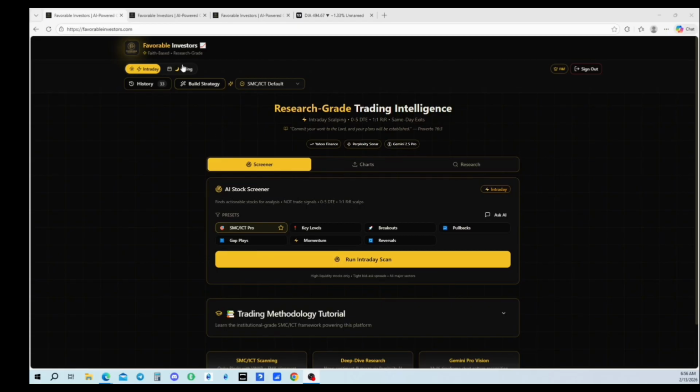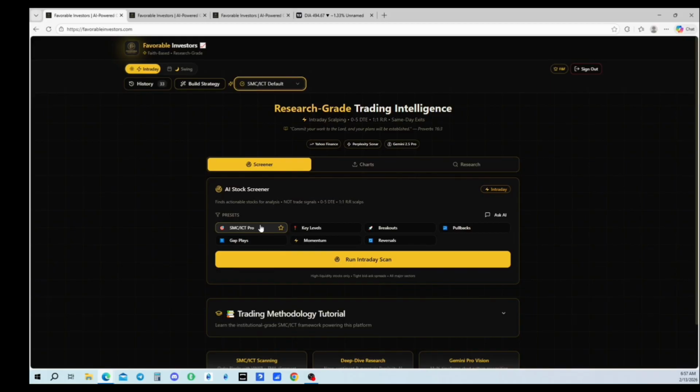Now, the reason why this is so powerful is because a lot of traders, whether you're a beginner or advanced, do not know which one to look at on any given day. So this screener, based off of if you want to do intraday or swing trading, which you can see at the very top left of this, there's an intraday and a swing trading setting. Now, whichever one you choose to do based off of your style and your risk, you can add that and